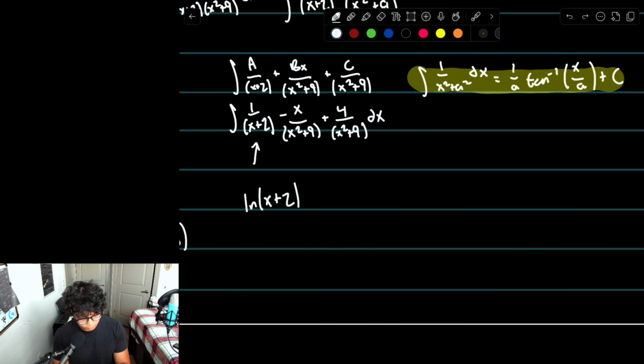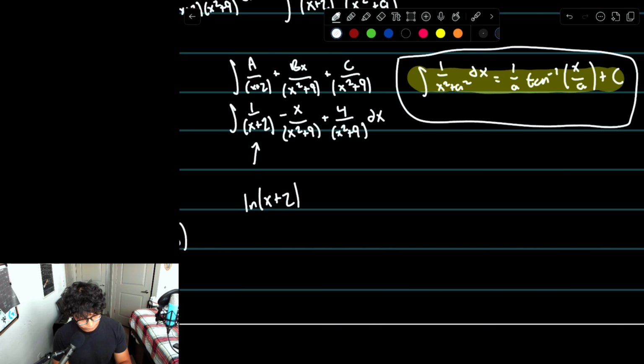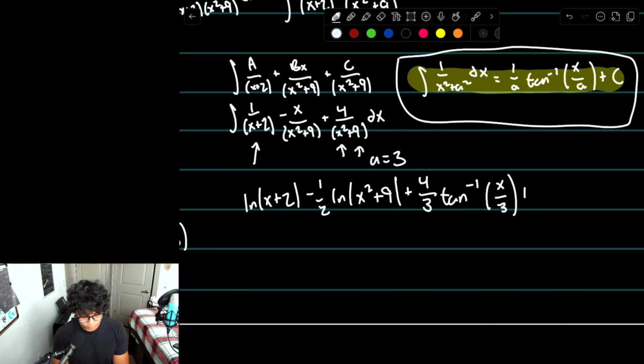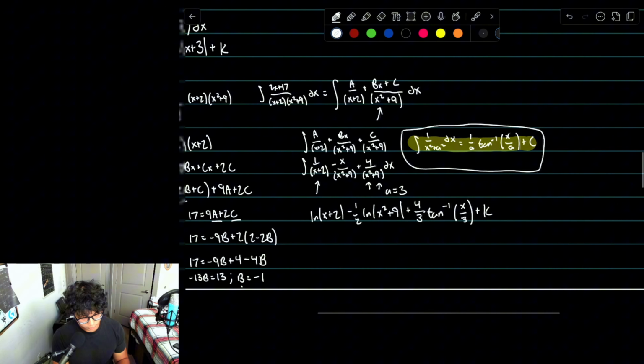But before we get to using this formula, let's just solve for the second integral real quick, which becomes negative 1/2 natural logarithm of x squared plus 9. And then we could plug in over here, knowing if you remember trigonometric substitution, that our a would be the square root of this 9, which is simply just 3. And then of course plug in your constant in the numerator into the fraction, 4/3 inverse tangent x over 3 plus c. And again, don't actually use plus c, use plus k,